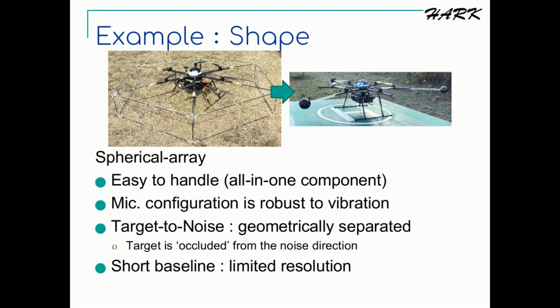Of course, if the target signal is coming from the direction where the noise sources exist, or the drone side, those signals coming from the drone side cannot be recognized by that kind of array. So under the situation when many sound sources exist in the environment and everything is coming from all directions simultaneously, then we need to utilize the omnidirectional structure. So it depends on the case.